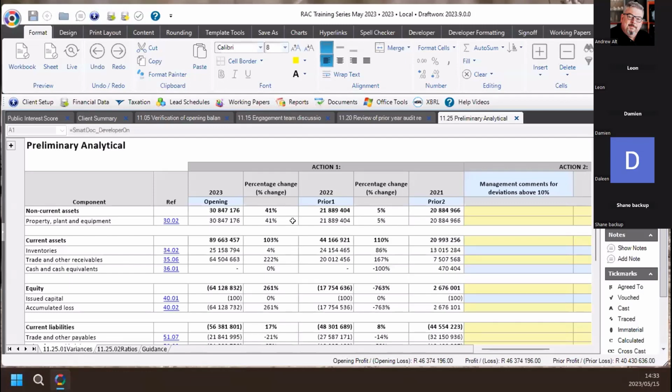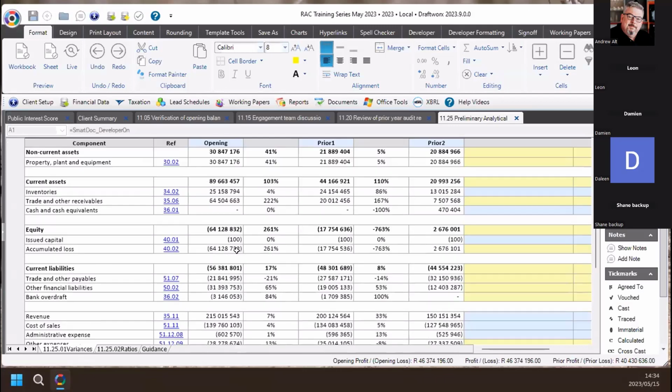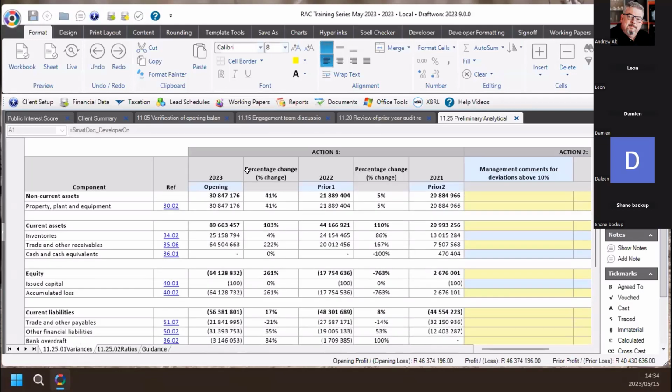11.25 is the last document in section 11. We're still part of the planning and risk identification. But what we do in 11.25 is we try and build together for you a very basic preliminary analytical review. And so we go based on, as far as possible, the various financial statements sections that you'd see on your financial statements. We put the link into the appropriate lead schedule, and we have a look at the movements over